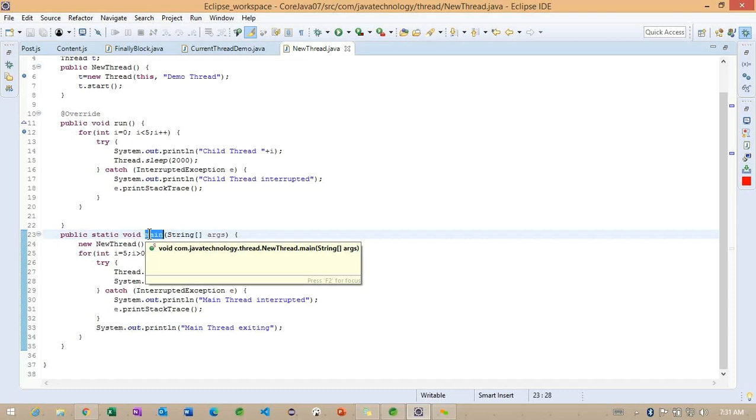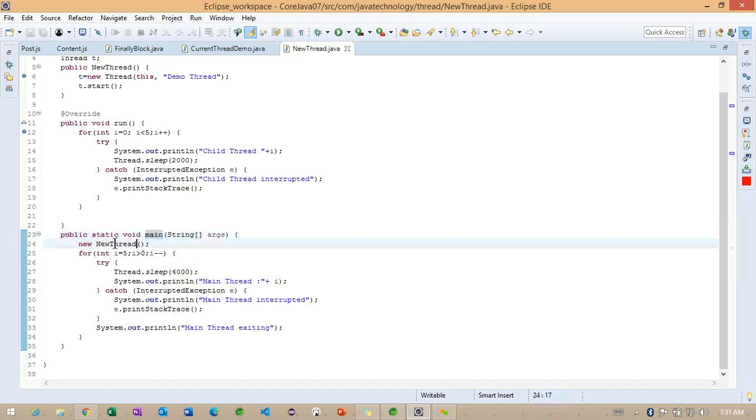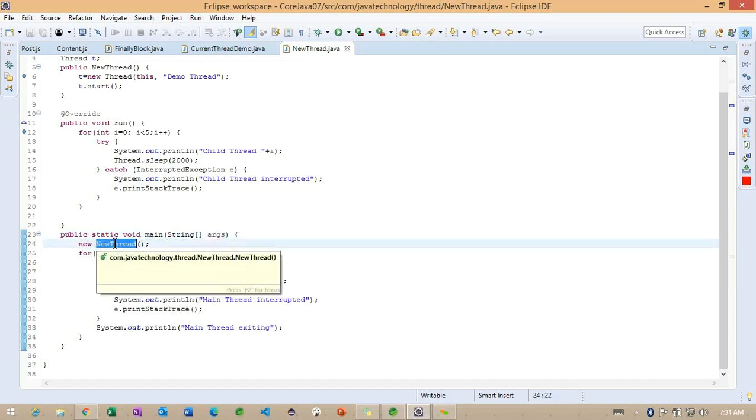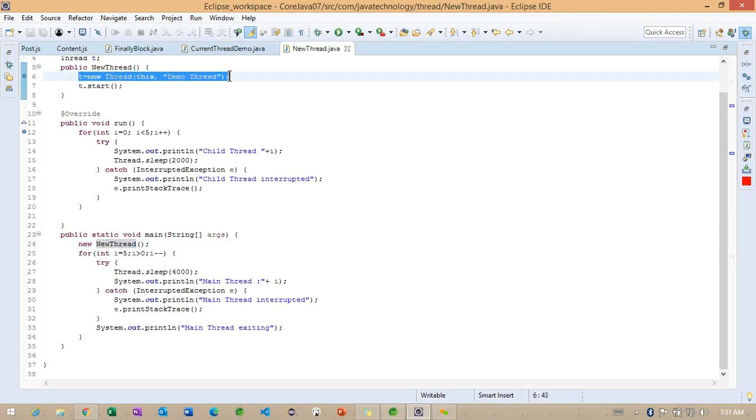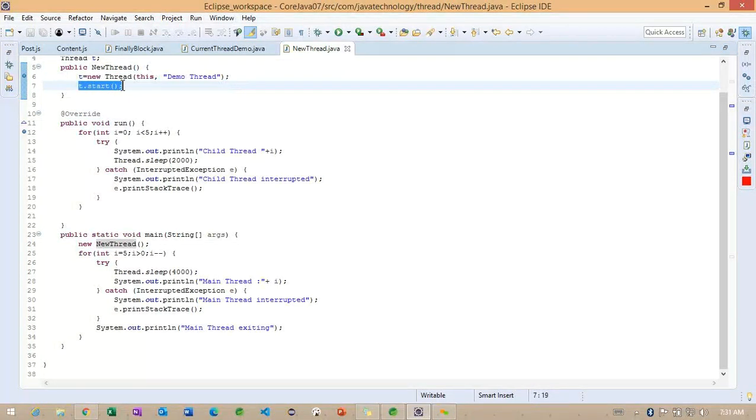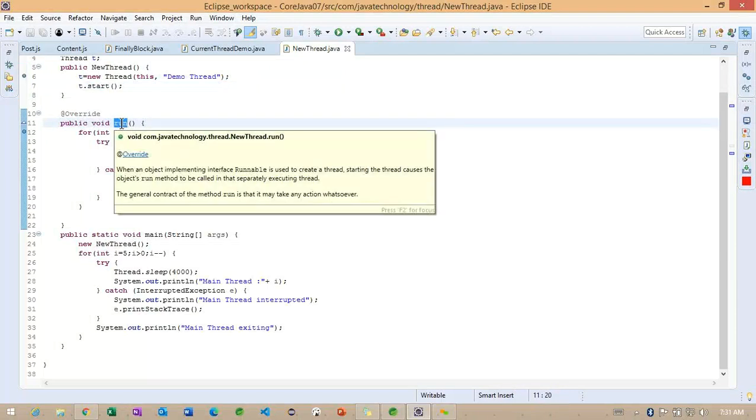One main thread is available. Using the main thread reference, we are calling this new Thread. Internally, one more thread is created. The thread is created, we are calling the start method. Whenever we call the start method, internally this run method is going to execute.